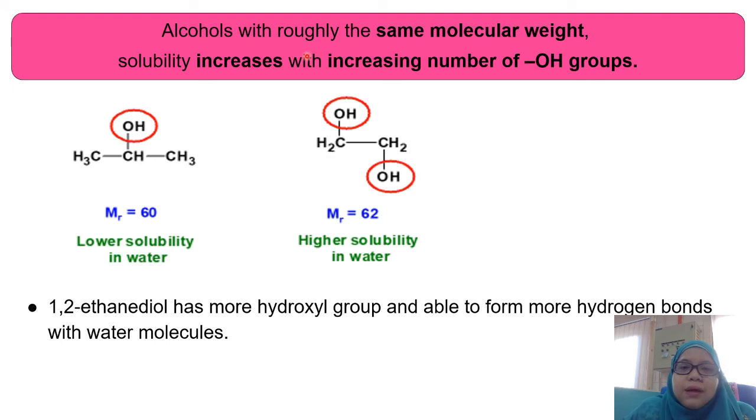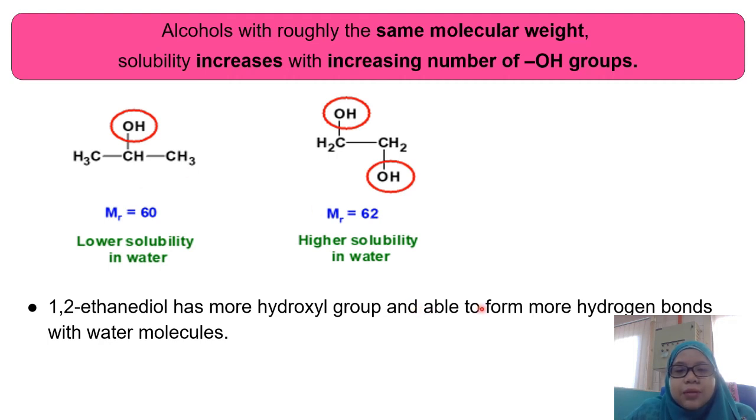Okay, alcohols with roughly the same molecular weight: solubility increases with increasing number of hydroxyl groups. When we compare here, we have 2-propanol and then we have 1,2-ethanediol. 2-propanol only consists of 1 hydroxyl group, but 1,2-ethanediol contains 2 hydroxyl groups, which means 1,2-ethanediol has more hydroxyl groups compared to 2-propanol,